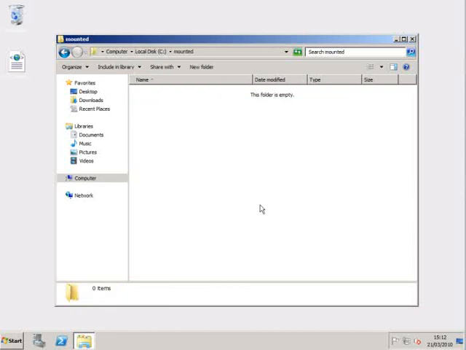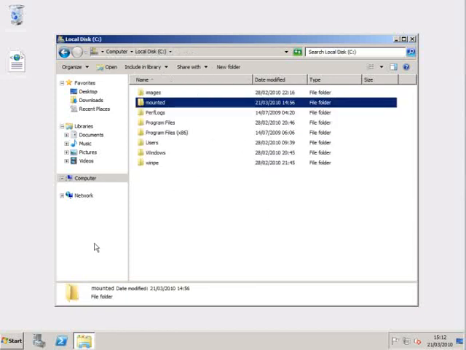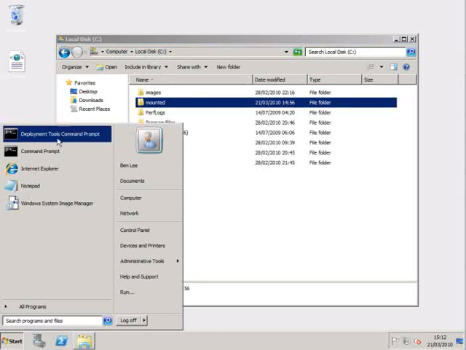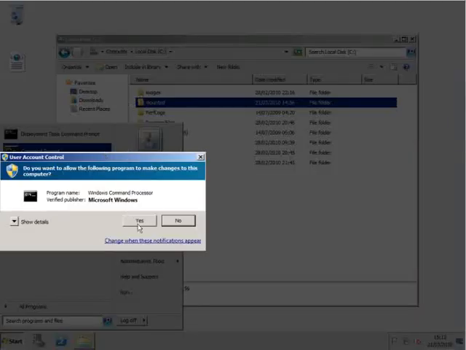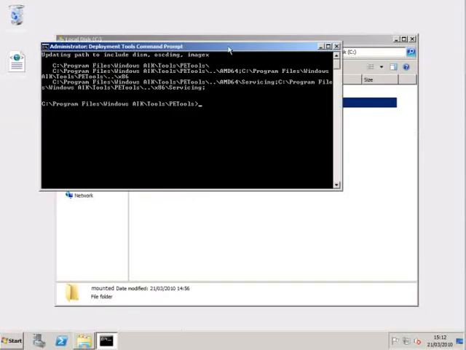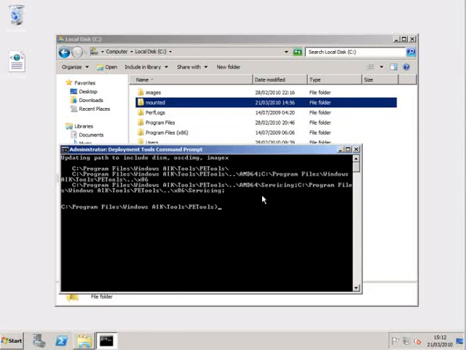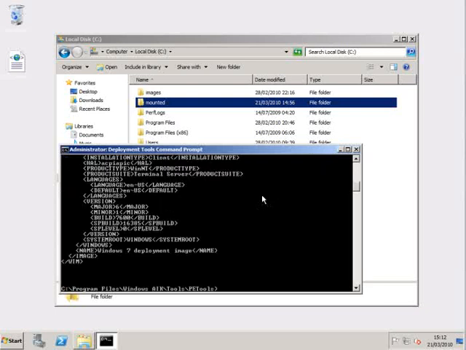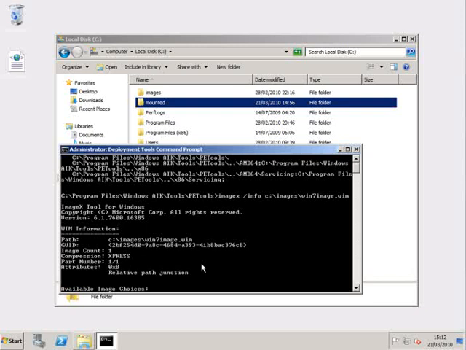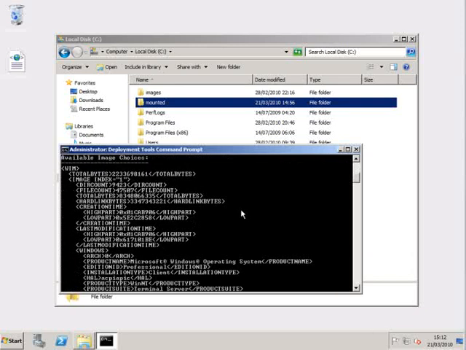This is the empty folder that we're going to mount these images into. So if I open our deployment toolkit, which is of course installed as part of the WAIK, and run it as administrator, if we do ImageX /info, and then the path to our image, you can see this has produced an XML-like file that's got a whole bunch of stuff in here